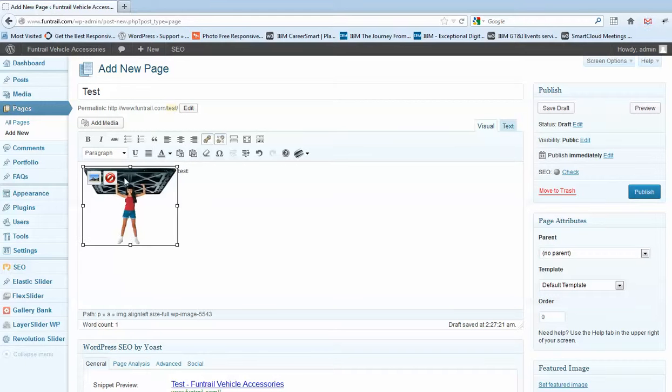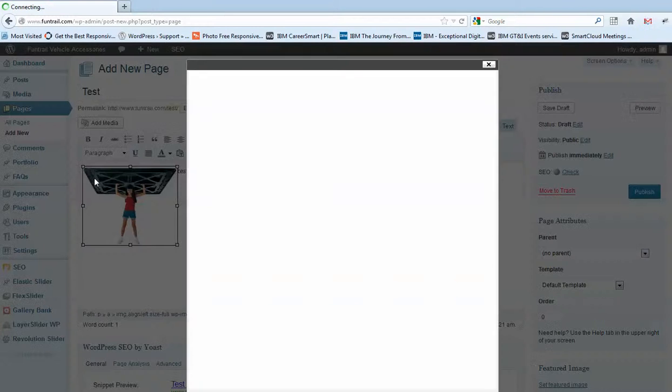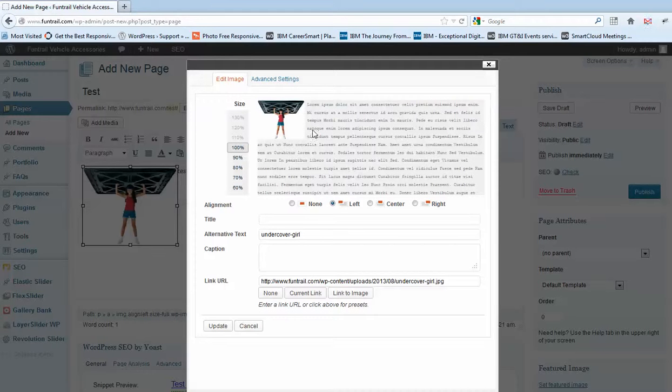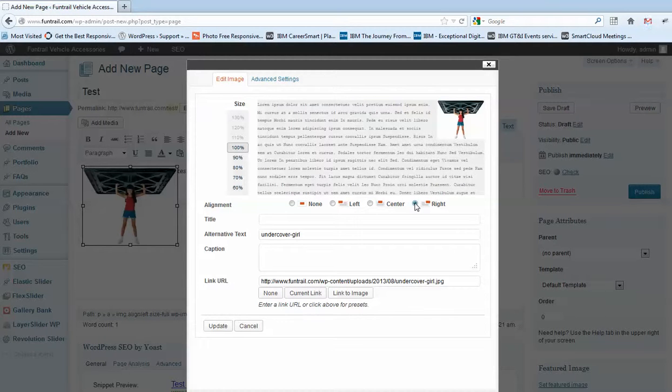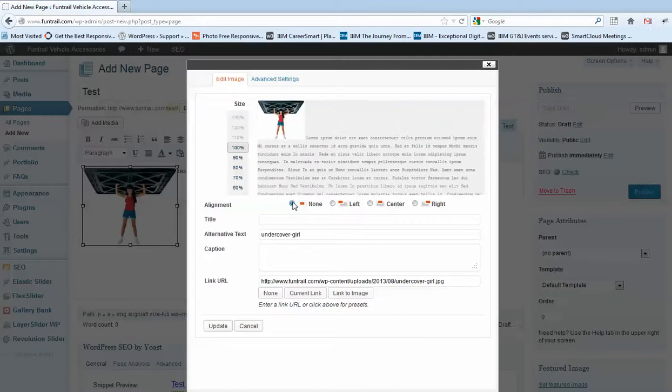Now there's some controls with the image. If you click on the image, you'll see another image, a smaller mountain image in there, and that gives you some options to change the way the image and the text flows. So you can see right now this is set for left, so the text would be to the right, or you can center your image where the text would be at the bottom, or you can click right and then the text would flow to the left of the image. Or you can click none, and then the default is, it's a weird thing here,